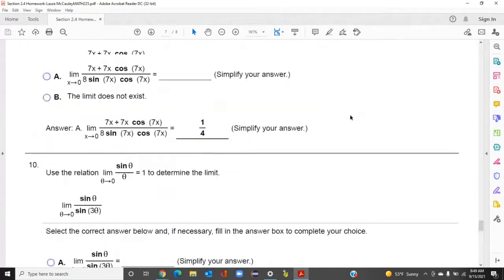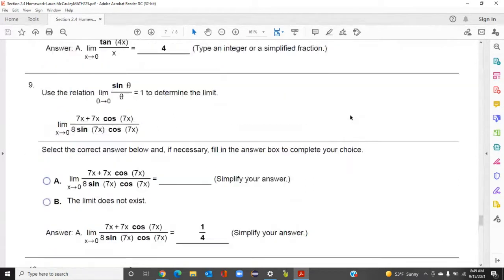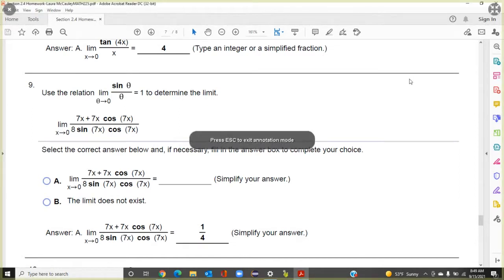This one's really not that exciting. Let's try this one. Okay, so the idea is we know that the limit as theta approaches 0 of sine theta